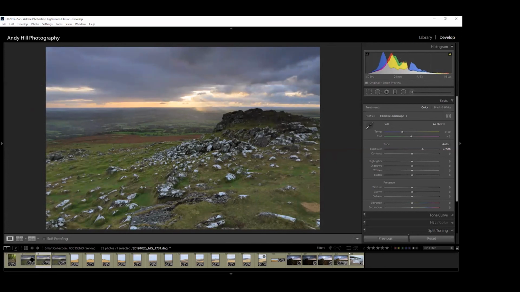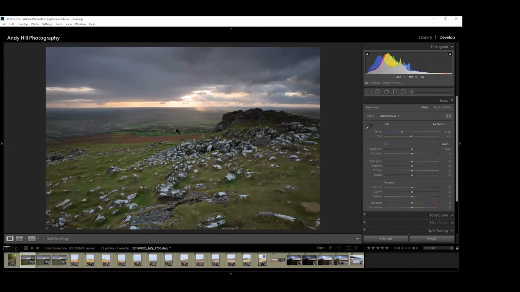Yeah, it's done it. So now it's applied it there. So now this one was the normal one, this was the really dark one, and this was the really bright one. Now when you go across them, actually from a tonal point of view or an exposure point of view, they're all